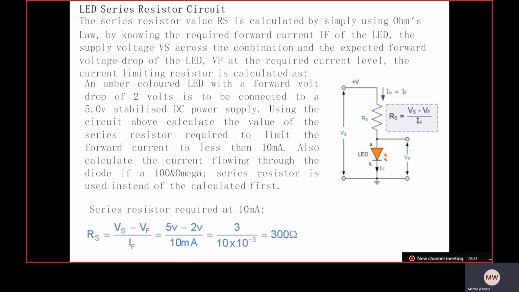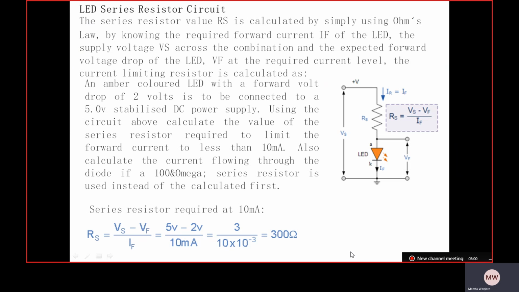Whenever you connect an LED to a microcontroller, an LED series resistor is also required, that is connected with the LED. The series resistor value Rs is calculated by simply using Ohm's law. By knowing the required forward current IF of the LED, the supply voltage Vs across the combination, and the expected forward voltage drop of the LED, that is Vf, at the required current level, the current limiting